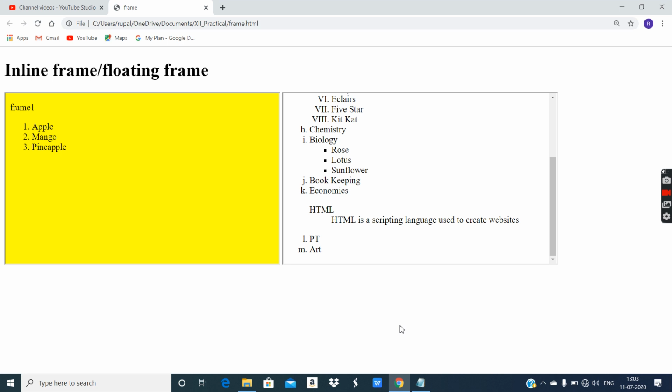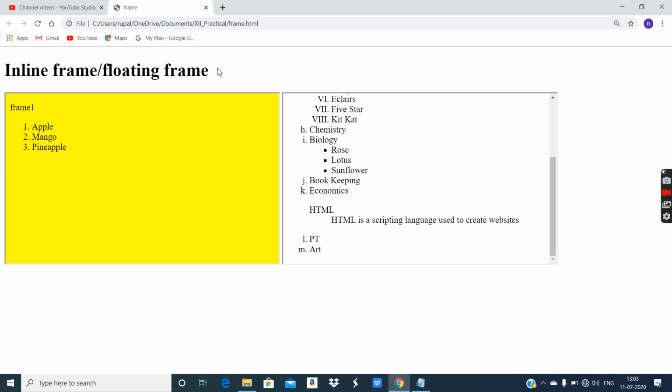The user can display a frame, and the user can control the alignments. Two types of alignments the user can control: left alignment as well as right alignment. Okay, so it totally depends upon the user. A user can display a heading like this. After a heading, a user can display some paragraphs, some images, and independently the user can use frames with the